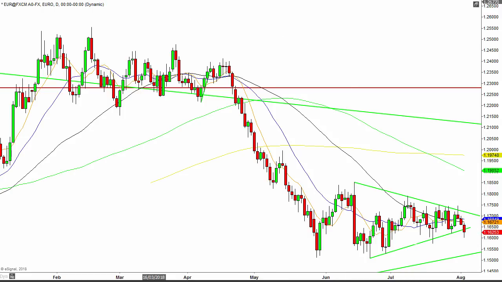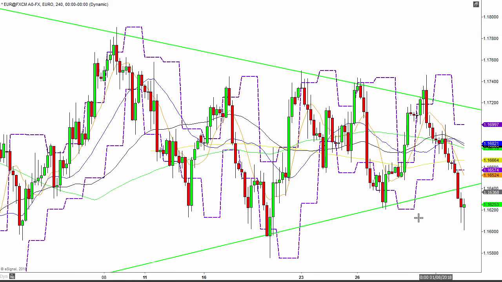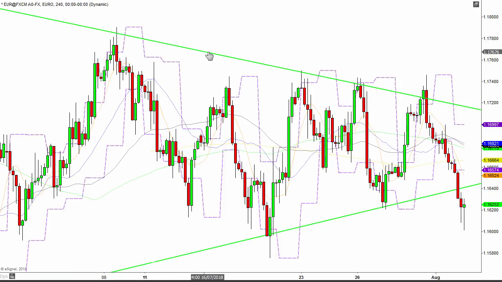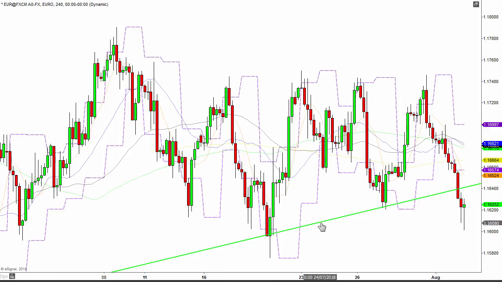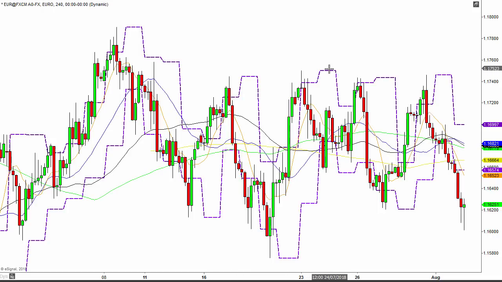So when I'm approaching it, if we go now to the 4-hour charts, actually what I'll do is take some of these lines off. Someone asked me, I think it was last week, about these purple lines on here, and sometimes people think they're something special. All these purple lines do is show you the prior day's high and the prior day's low. So let me just take those off to clean up the chart a little bit.